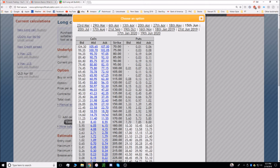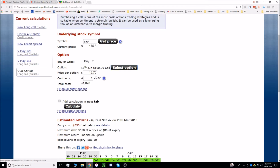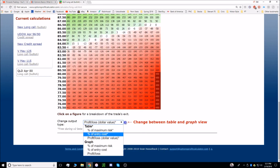So first one, let's buy the 160. It costs $18.70 per contract, so you're paying 100 times whatever the price per option is, because I told you before, you're buying 100 shares, or that's one contract. So you pay 100 times whatever this price is. So the total cost will be $1,870, and then over here you want to come down and click profit loss,